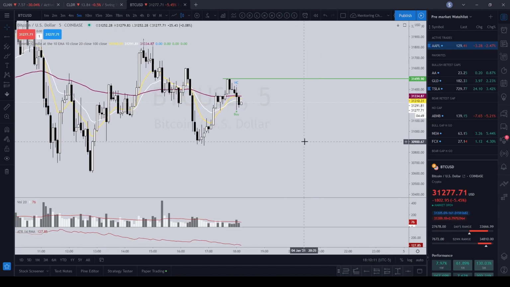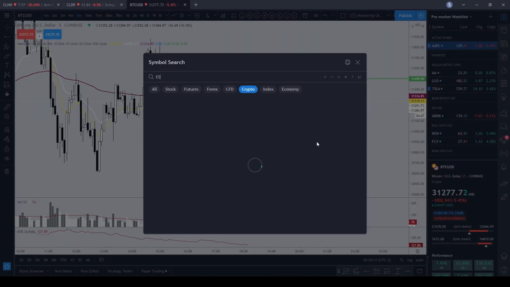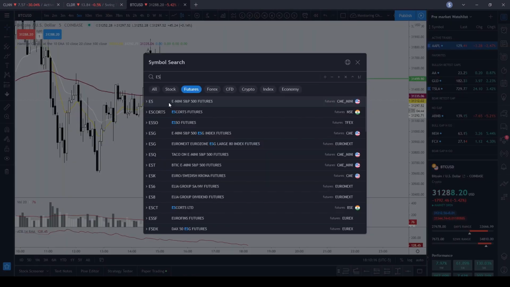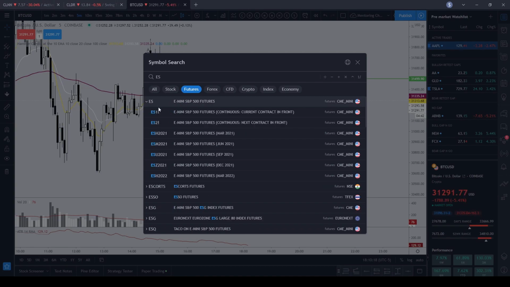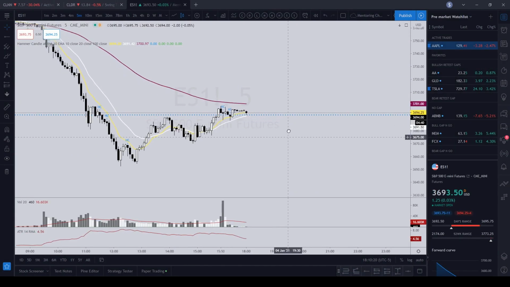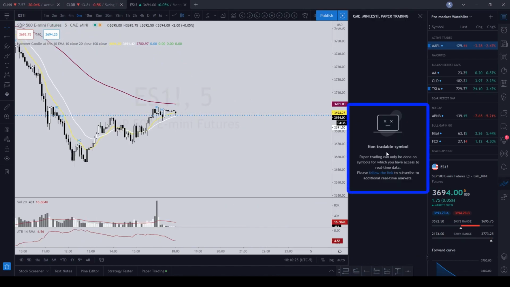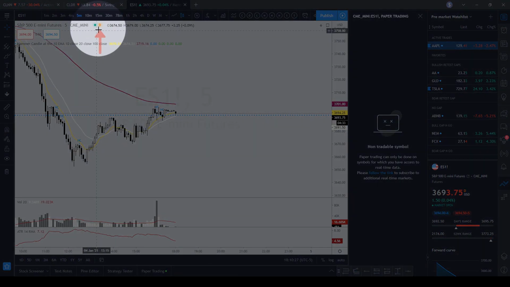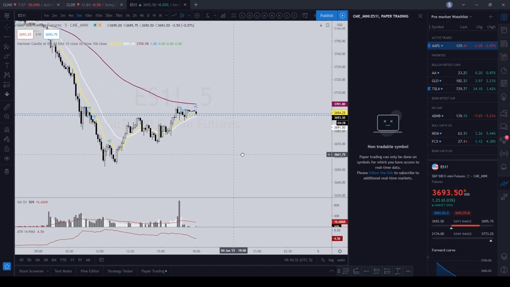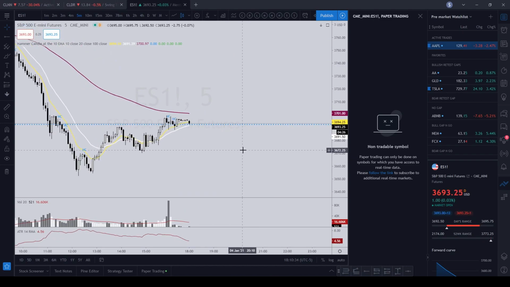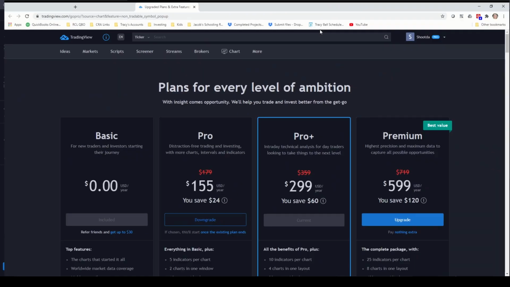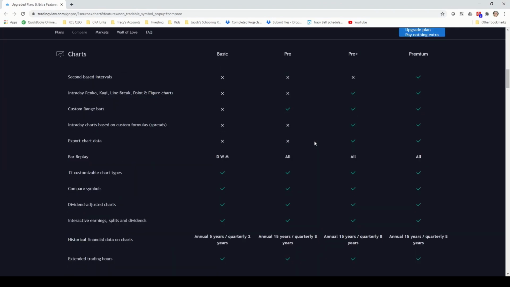Now, one of the things I did want to show you is if we go to the ES minis. So let's go to futures and pick ES minis. Let's go to ES1. And if I open up the order panel, you can see that it says it's a non-tradable symbol. The reason is because I am on delayed data. I do not have actual data set up for the futures with my TradingView account. So one of the things you can do is follow the link that brings you to this panel right here, and you want to scroll all the way down,